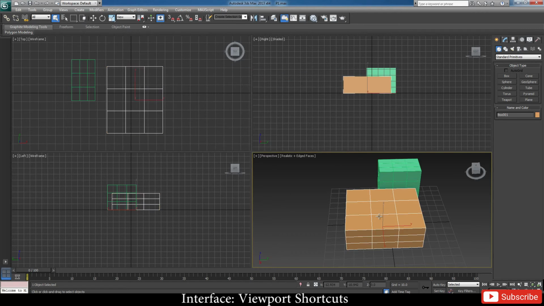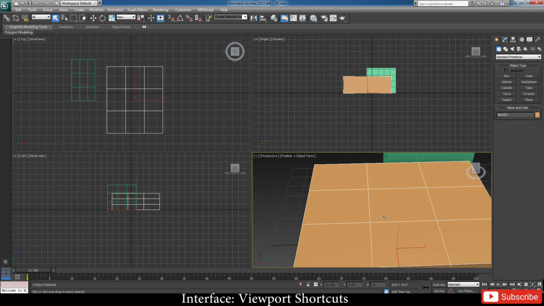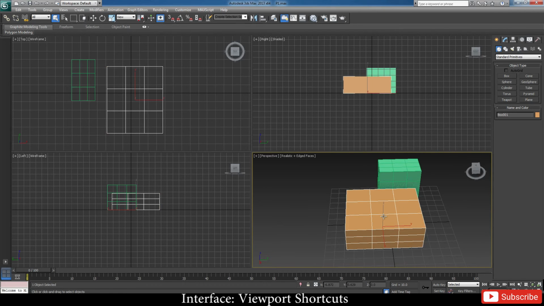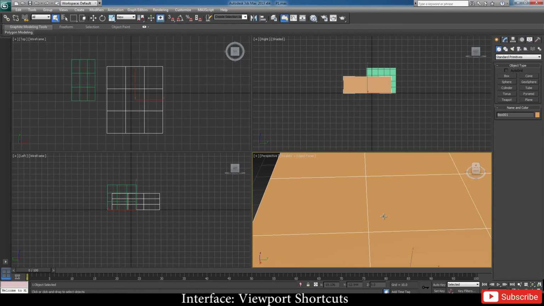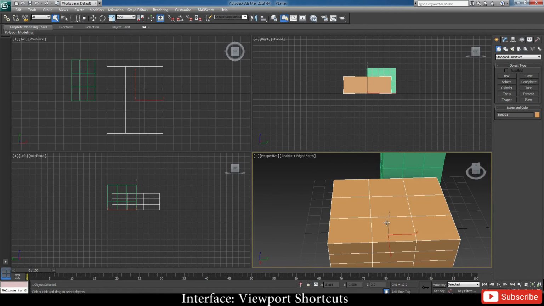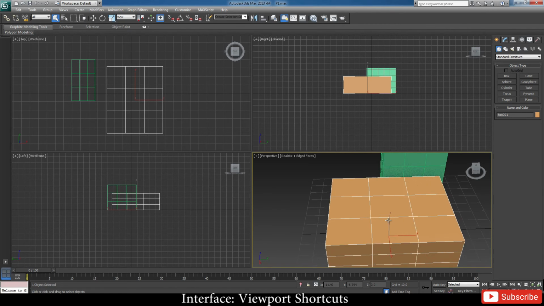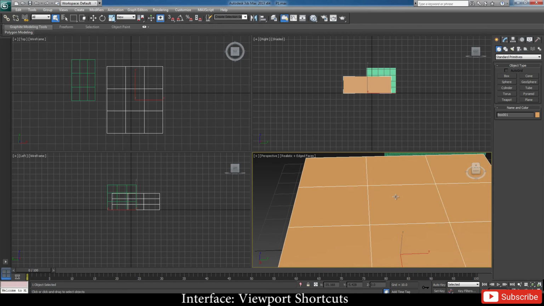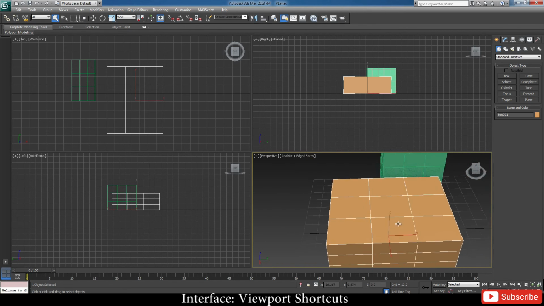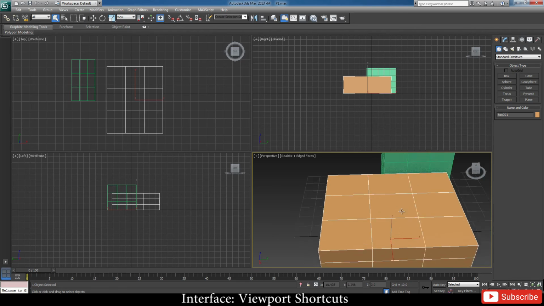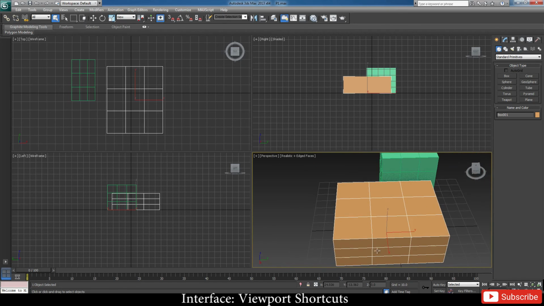What you can do is when you zoom, it goes on in steps. And sometimes what happens is if you want to get a little closer, it goes inside the object. That is not what you want, right? So to scroll slowly, just hold Control, Alt and your middle mouse button and slowly drag your mouse towards the object. Now it's going in some smaller steps. So this is very easy to control if you have a lot of objects, right?